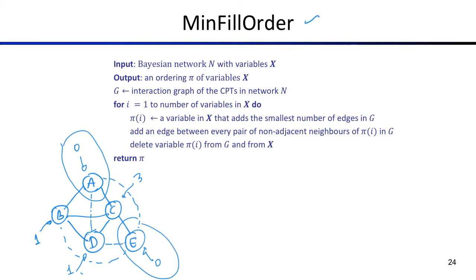And well, in the case that we have here, we have 2 options. What people frequently do is to use the min degree to break the tie. So we're going to select E first. But it's just one heuristic, but it's very common to use min fill order and use min degree to solve those ties. So the min fill order algorithm is very similar to the previous one that we saw, the min degree order. We just replaced the idea of selecting the variable that has the minimal degree by the variable that is creating the smallest number of